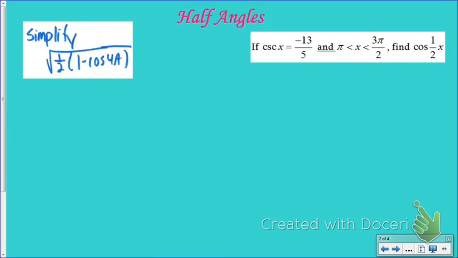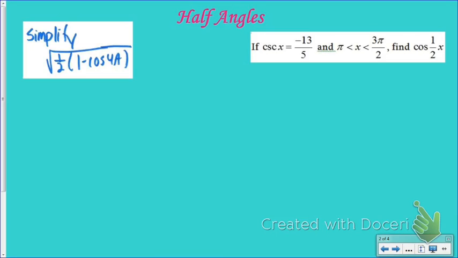Hi guys, so today what we're going to be doing is very similar to what we've done for double angles and with our sum and difference formulas, except now we're just going to look at the only formula we haven't seen so far, and that's our half angle argument. So what we're going to do here, if you look at this very first one, I'm given an expression and